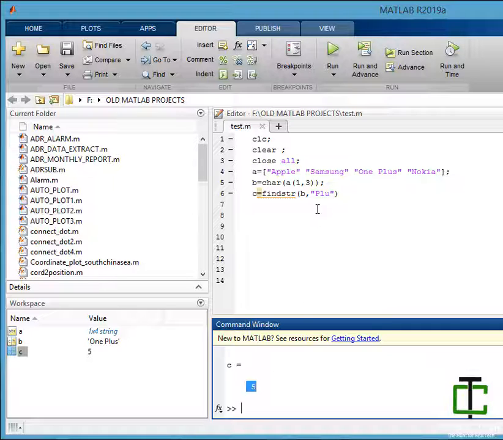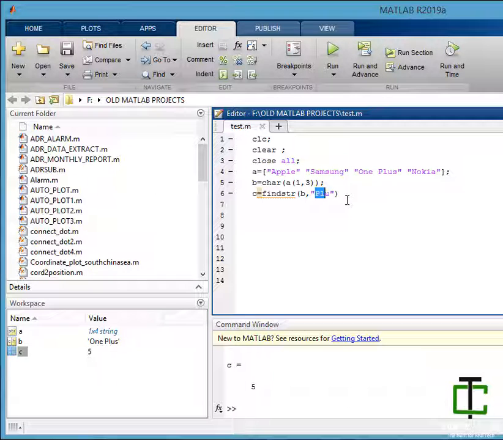So it gives an integer which is the index of the string which we are going to find inside a string. Okay, let's say PLU, first, second, third, fourth, fifth.